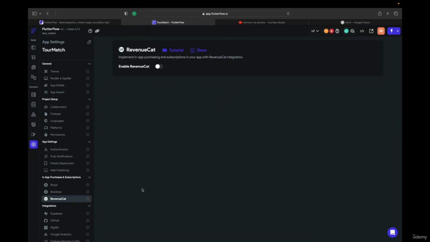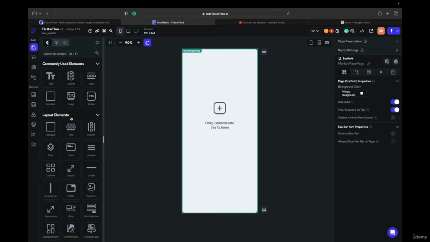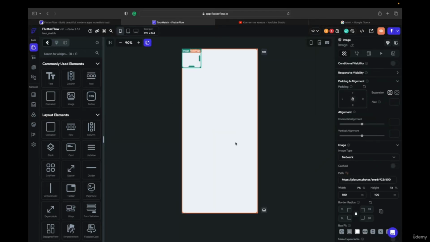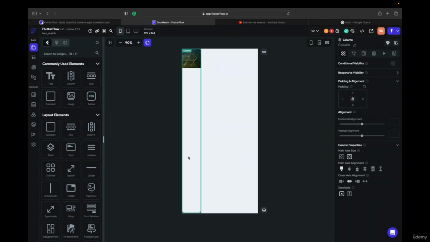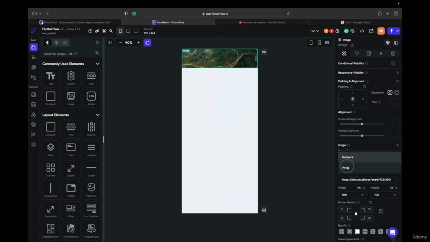RevenueCat we use when we want to make a subscription, monthly, 6-month subscription, or yearly subscription. For the Stripe, I want to build very quickly a page where we can easily sell some items, and for our project we're gonna sell